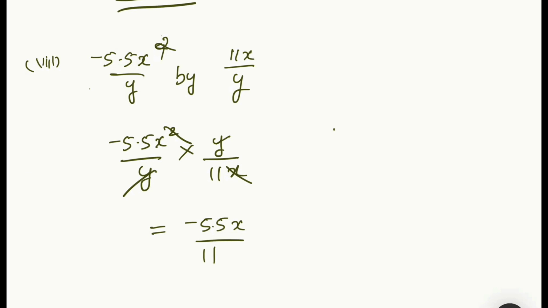Okay, so what is minus 5.5 x by 11? If I make it as 55 by 110, how do I get it? 55 goes one time, 110 goes two times, right? Two times you'll get, so you'll get minus 1 by 2 x as the answer, or minus x by 2. Okay,